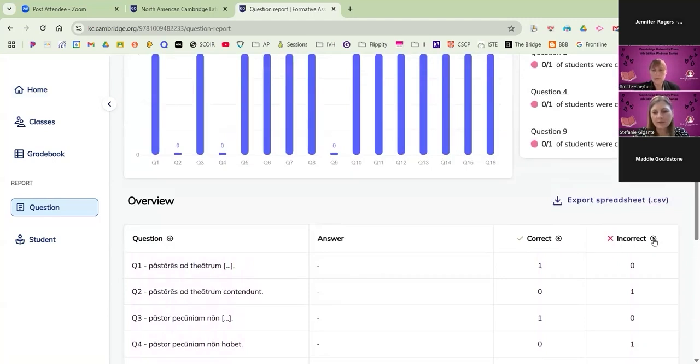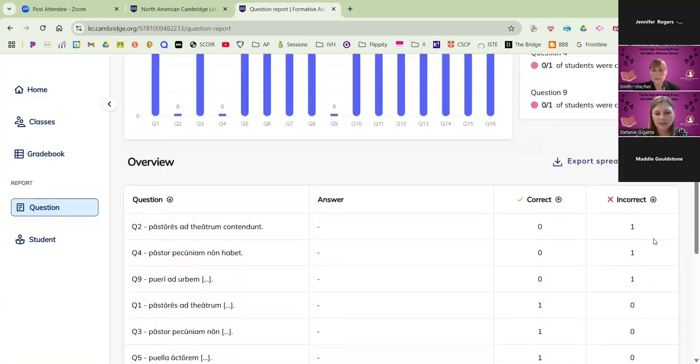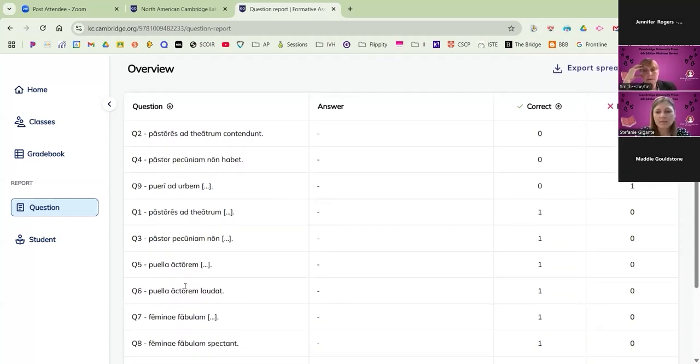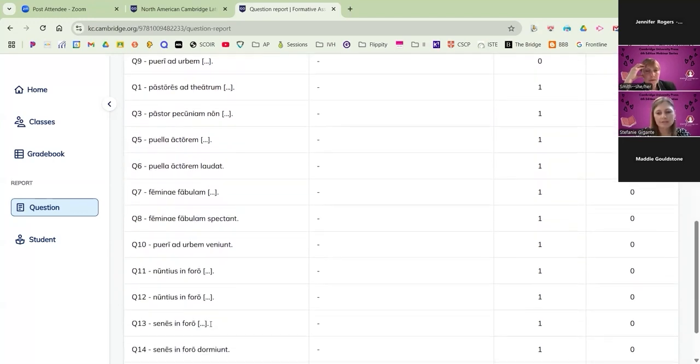Again, I can sort it by what's correct versus what is incorrect. I can see that it just so happens that the 2 incorrect sentences featured pastor as a noun. So then again, I can make sure to use pastor in a more robust and obvious way in the next few classes to make sure that the students really understand what that word means. It does show that a lot of the correct answers came from choosing the correct verb. And that's promising because now I know that the students know how to wrangle with both singular and plural verb forms as they choose them.